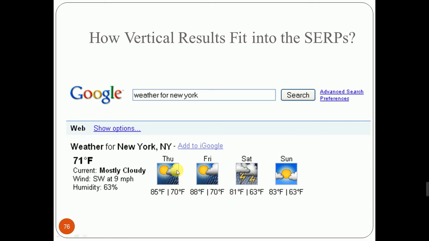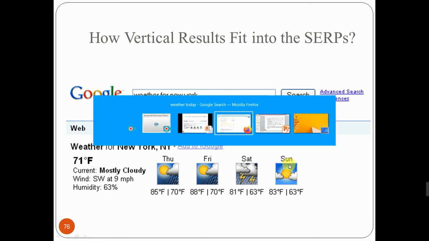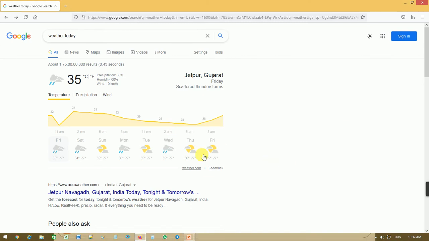This is Thursday, Friday, Saturday. And if you require it in this search also, it will give you the details. If you require month-wise details, then it will give. If you require hour-wise details, then it will give. So this gives the temperature. See here. If you want precipitation, then it will give the precipitation, and the wind speed